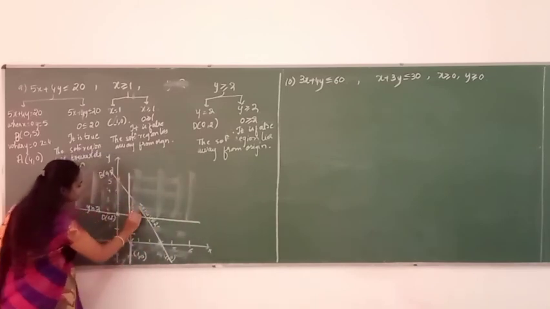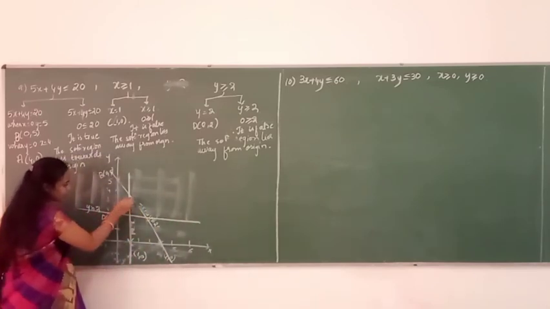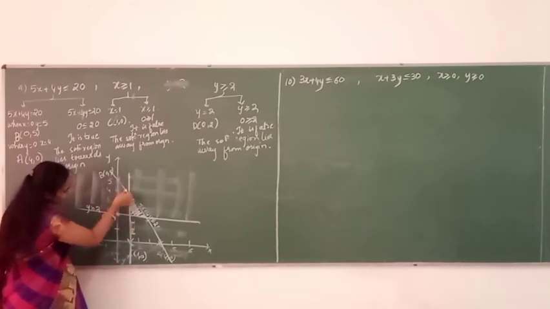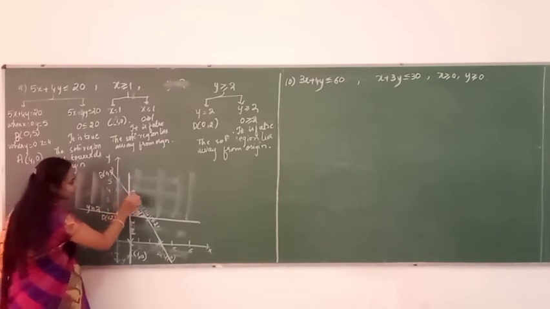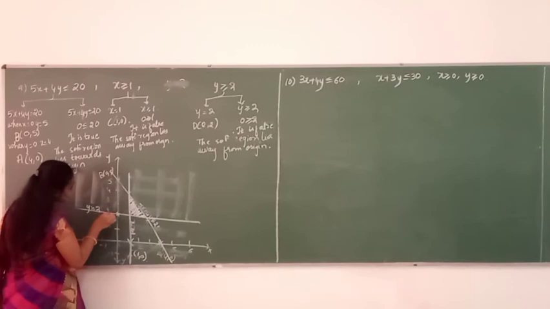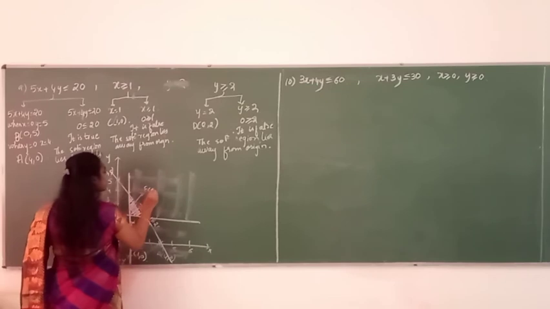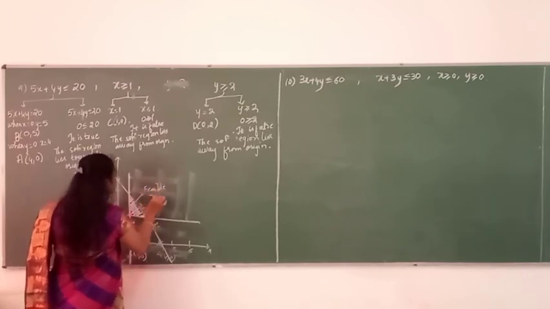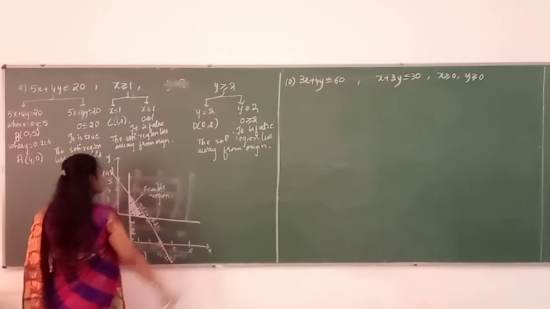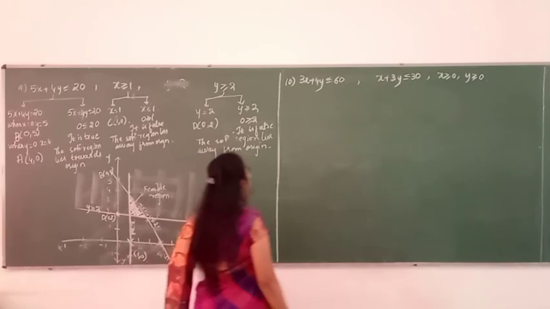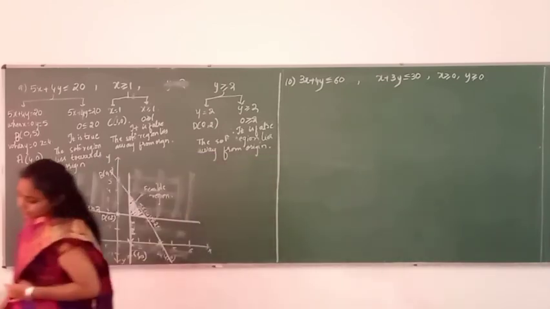So just check where the three inequalities are meeting. Okay. Here, this inequality is moving towards the origin; x, which is parallel to the y-axis, that is x greater than or equal to 0, is moving away, and here y greater than or equal to 0 is also moving away. So this is nothing but called the feasible region, which means that the shaded region is common for all the three inequalities. Now let us move on with the next question, that is the 10th one.